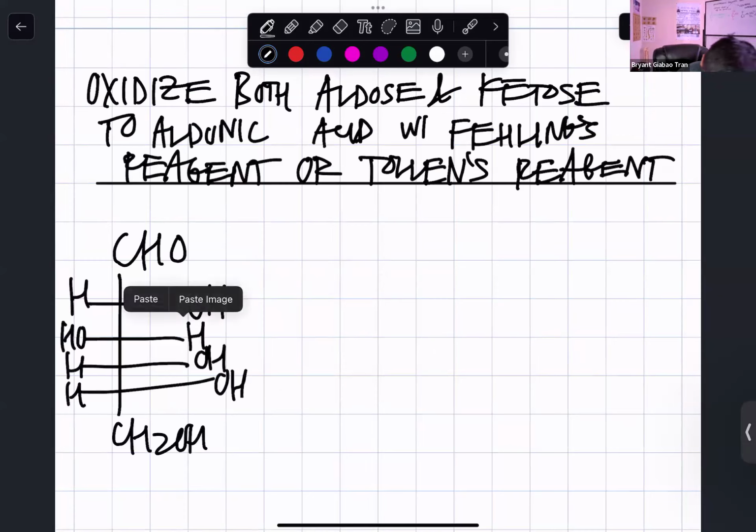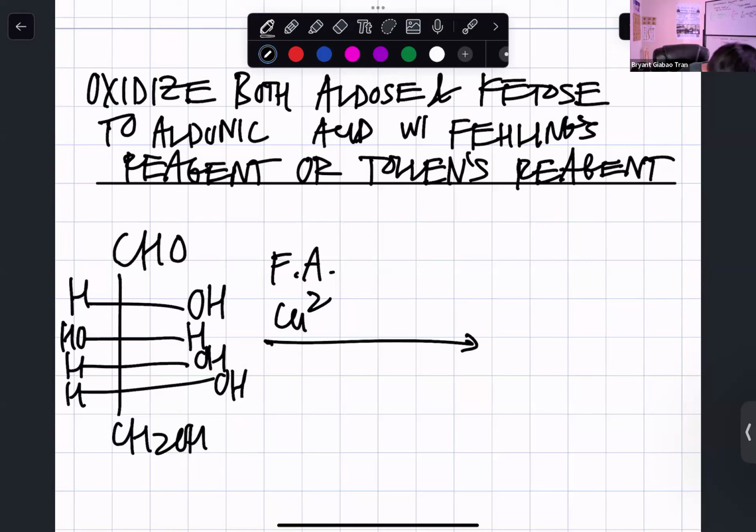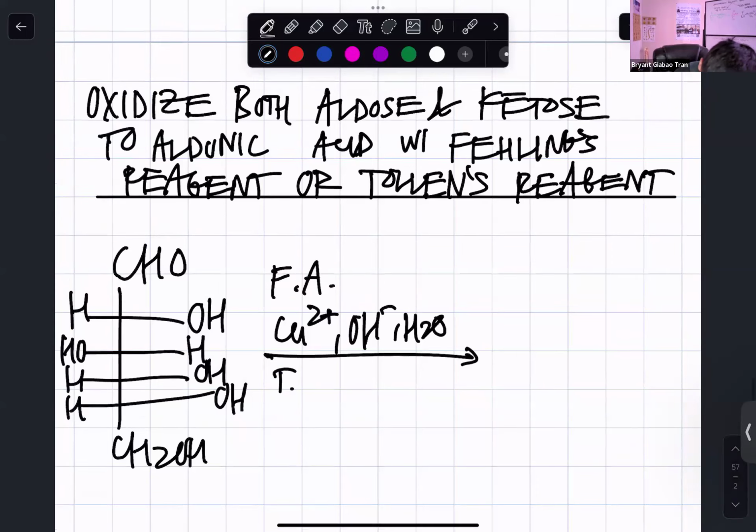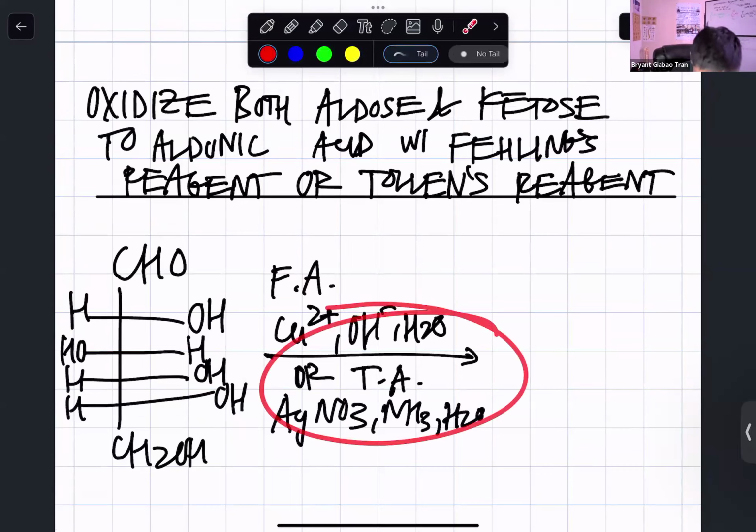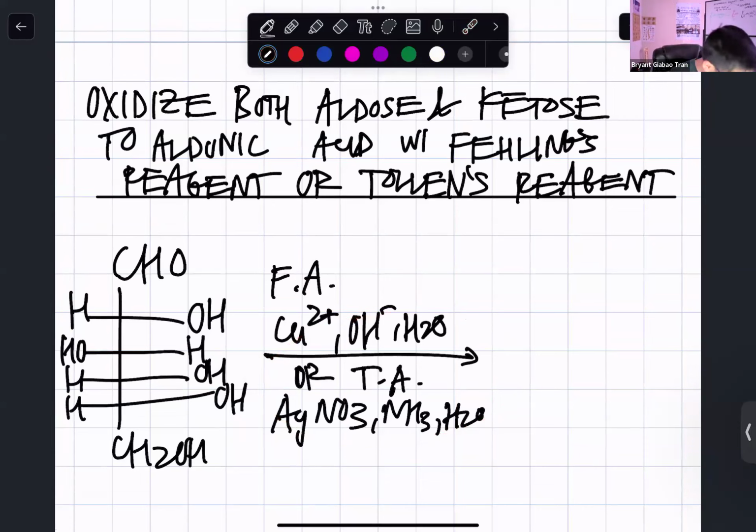And then you see any of these reagents here. Fehling's reagent, I'm going to abbreviate that as Fa, is going to be copper, OH minus, water. Tollen's reagent, I'm going to abbreviate that as Ta. You're going to see silver nitrate, NH3, and water. You might just see a silver ion. Any of those ions like copper or silver, an aldose will be converted into